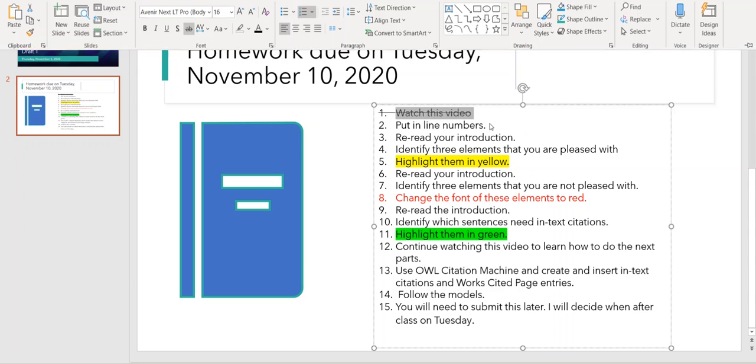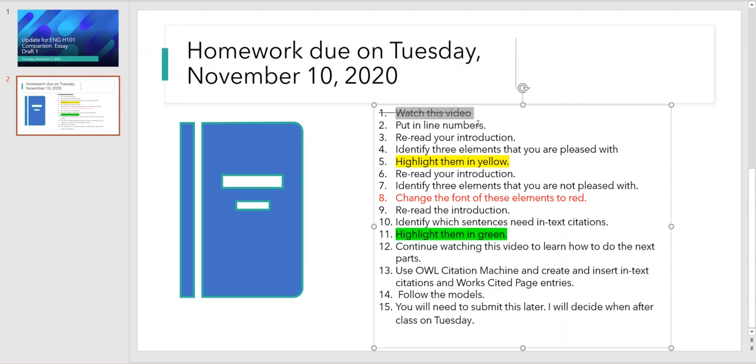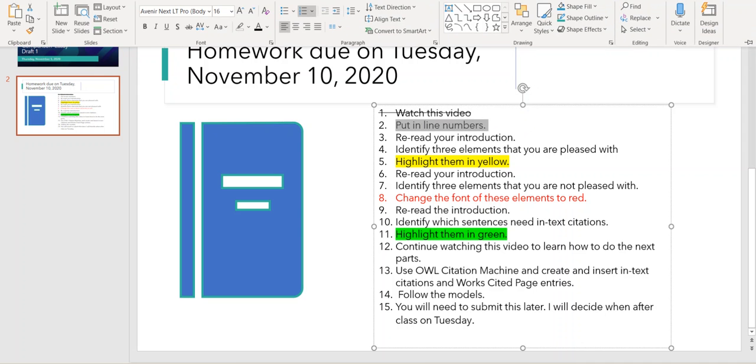And as you notice, I also crossed off watch this video, but of course what I really meant to do was cross off number 2. Next is reread the introduction. So I go down here,